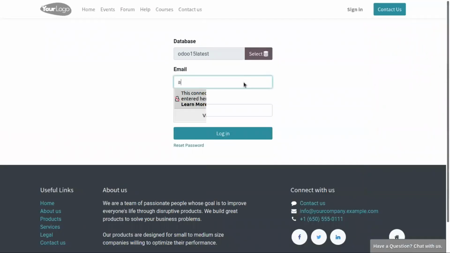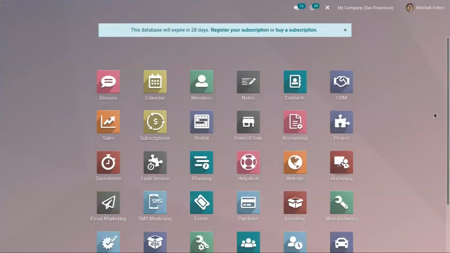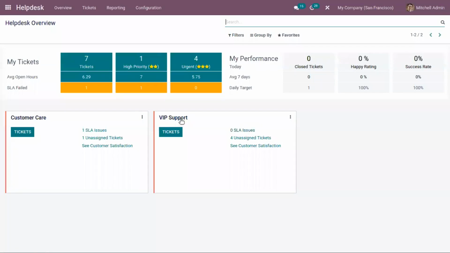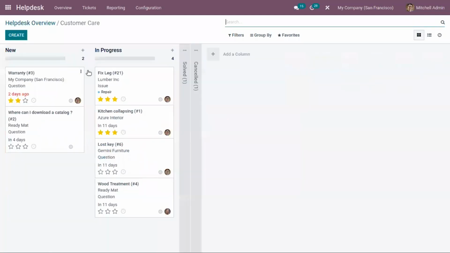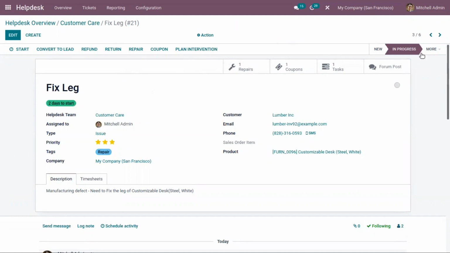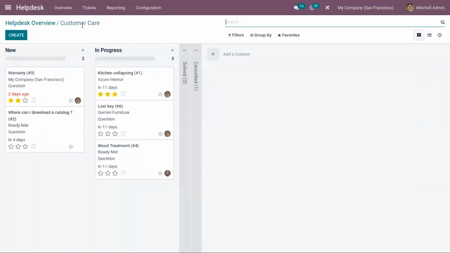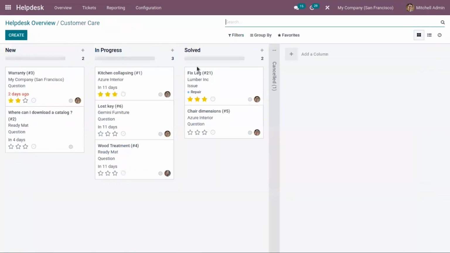Now let's log out and log in again as admin. Now if the issue is solved, you can move this to the solved stage. So you can see the folded stage solved, under which the ticket fixed flag is added. Then as you have enabled e-learning for our team customer care,